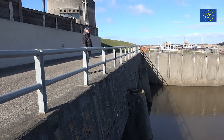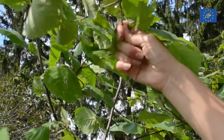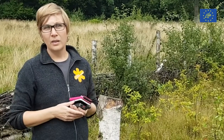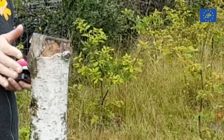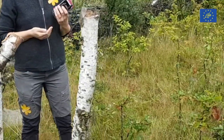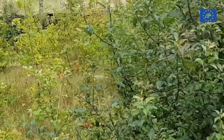The biodiversity strategy sets an ambitious target of planting 3 billion new trees. The BushLife project demonstrates how tree planting can be combined with nature restoration. It worked to restore the habitat Fennoscandian wooded pastures in southern Sweden. The habitat suffers from low recruitment of new trees. To address this, the project has planted